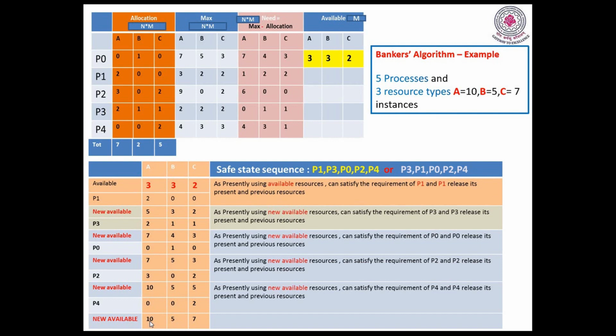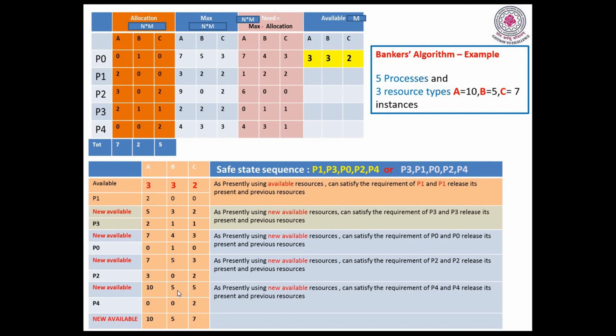So now available resources 10, 5, 7. Let us check here all the processes completed. So no pending processes. Now total freely available resources 10, 5, 7. So you cross verify with system original available resource types. You see A type is originally 10, and B type is originally 5. So here also 5. C type originally 7. Here also 7. So once I get the equal figure, then what I did process approximately correct.